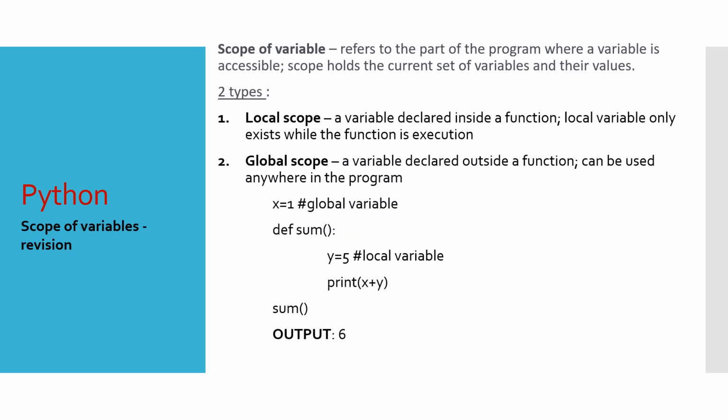Okay, let's see more details about variables now. So as I said, functions use arguments or parameters which are dependent on these variables, meaning these refer to the part of the program where a variable is accessible. So the scope of a variable: where you are declaring it, or that particular variable used inside that small function, is it local or global? If it is declared inside that function itself, obviously it's called local. If the variable is declared outside it, the advantage is it can be used anywhere in the program,